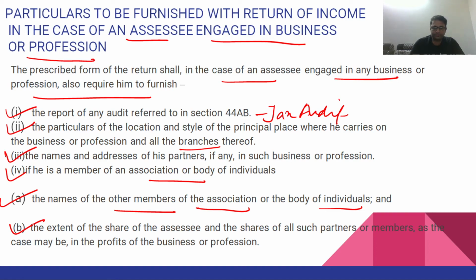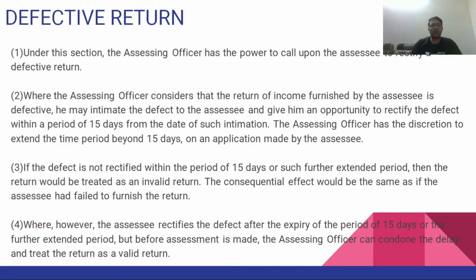Are we done? Now, let's talk about what we mean by a defective return. We've seen a normal return under section 139(1), a belated return under section 139(4), and a revised return under section 139(5). Now let's look at a defective return. Under this section,